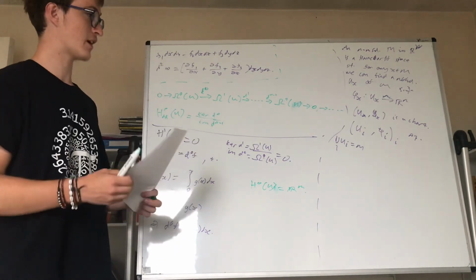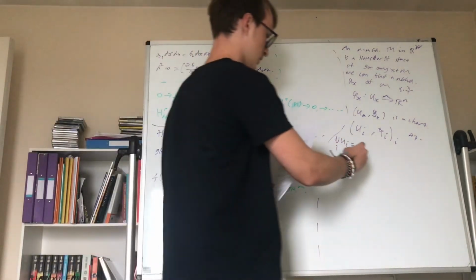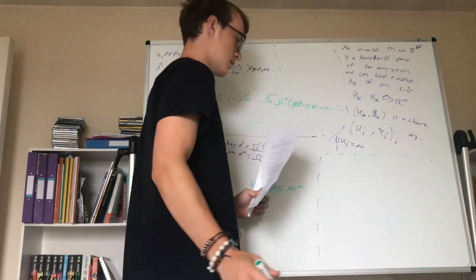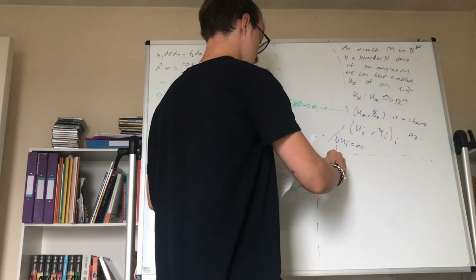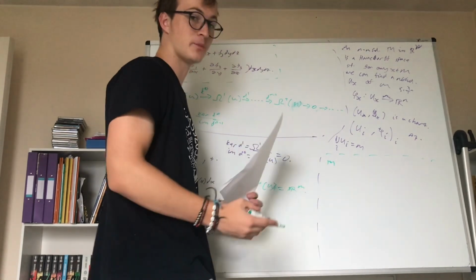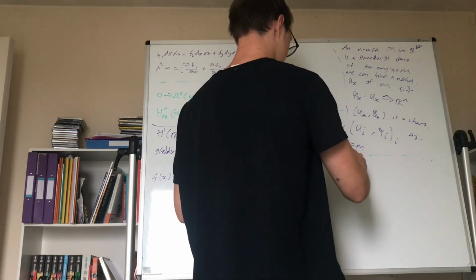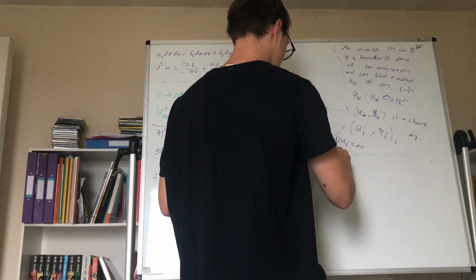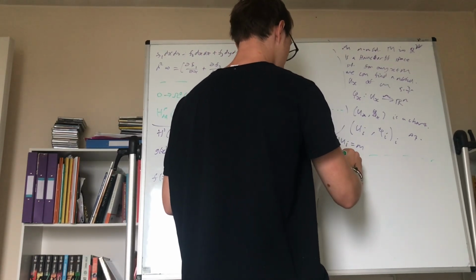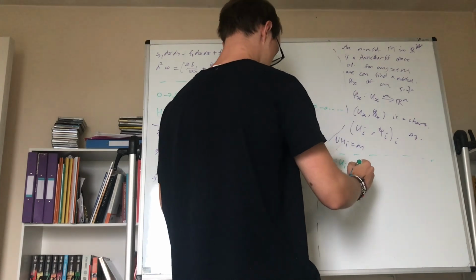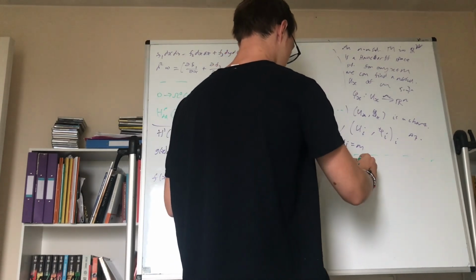Firstly, note that any manifold M can be parametrized by embeddings psi. So if we have psi i from U i into Rn,